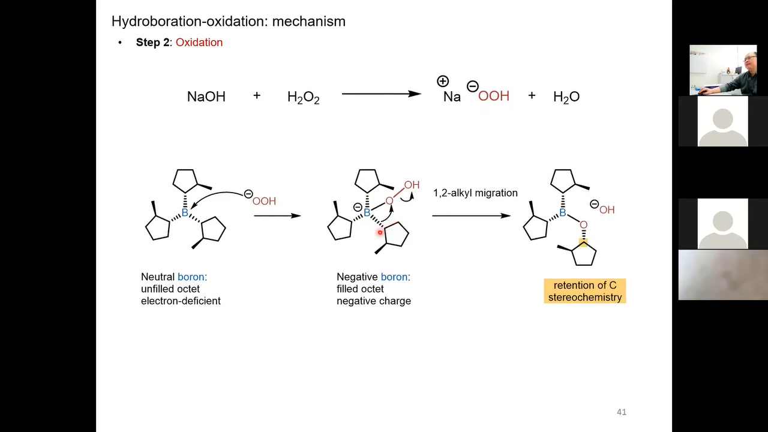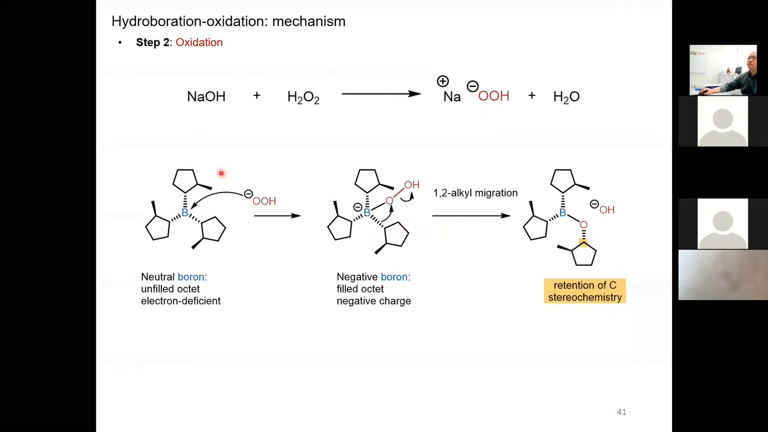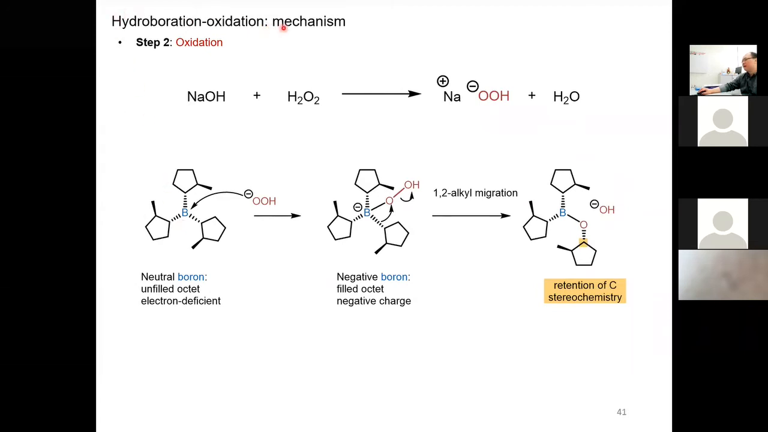All right, and the alkyl migration is very important in stereochemistry because what we observe is the retention of carbon stereochemistry. So if this C-B bond is pointing back to the paper, this C-O bond, the resulting one, will also be pointing back. All right, so the stereochemistry of the previous hydroboration step is totally preserved in this oxidation step. So in the whole process of hydroboration oxidation, the stereochemistry is decided by the hydroboration step, okay, which is the syn